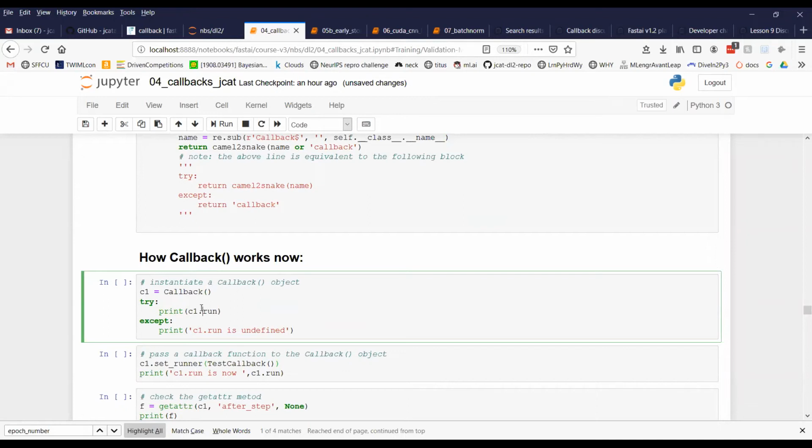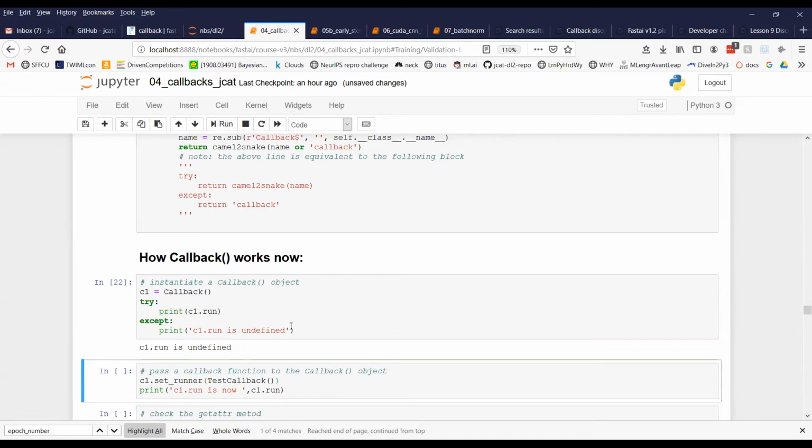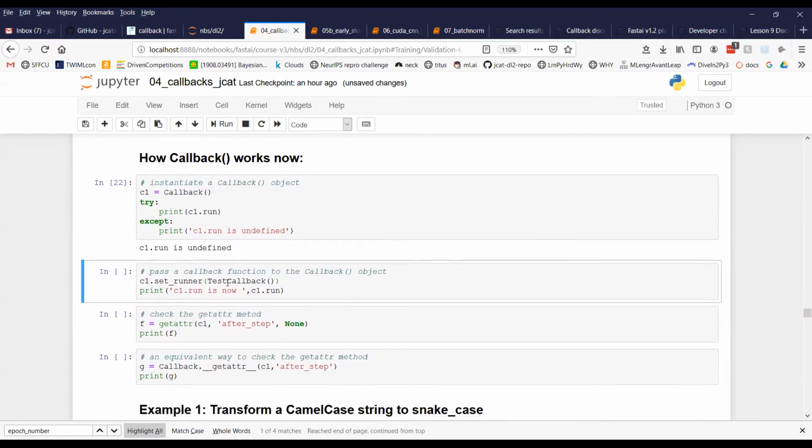And if there is none, then it will print the run as undefined. And that's what we expected to do, because we didn't give it a callback. We didn't give it an input. So we expect it to try to find the run attribute, and it won't find anything. In that case, it'll just tell us that run is undefined. Now, what if we